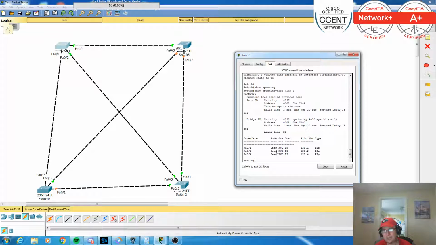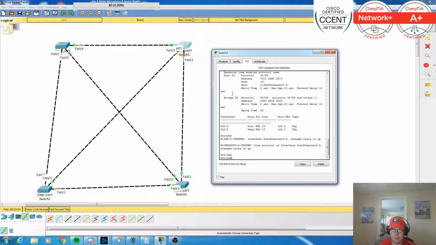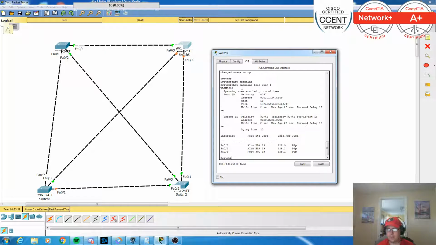And there are different types of spanning tree also, which we will talk about in a second. So notice it is forwarding out of all ports. We go over here, show spanning tree VLAN 1. Notice it's blocking, and then forwarding. Now when it says alternate,